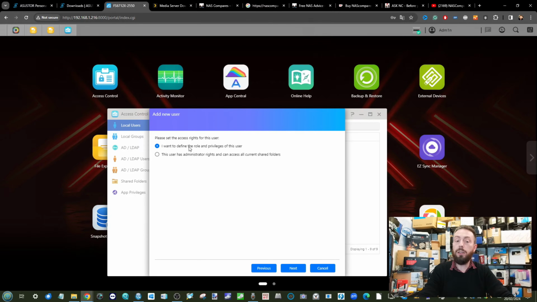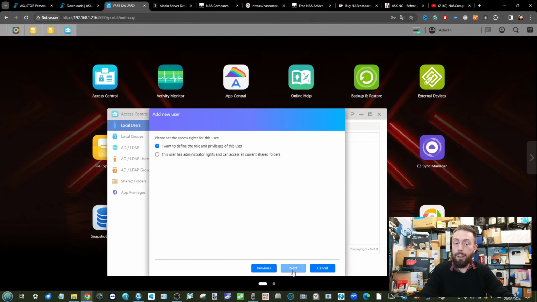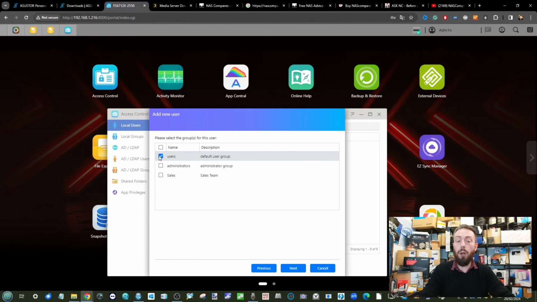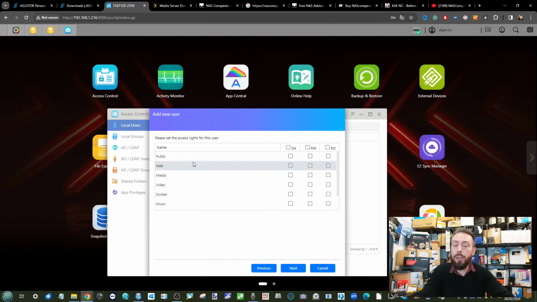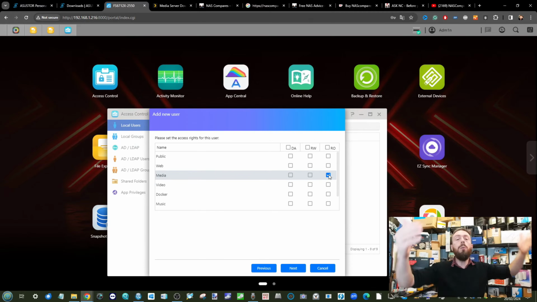From that, you want to define the roles rather than let it be an admin with all of the power. And then from there, define not only which group it's in, and therefore that can be an overarching power control, but you can decide which folders it can access. For example, we'll let it access our media for Plex, but nothing else. But you can also ensure that it can only read the data. So it can only access the videos and footage and music and whatever, but it can't write, it can't amend,